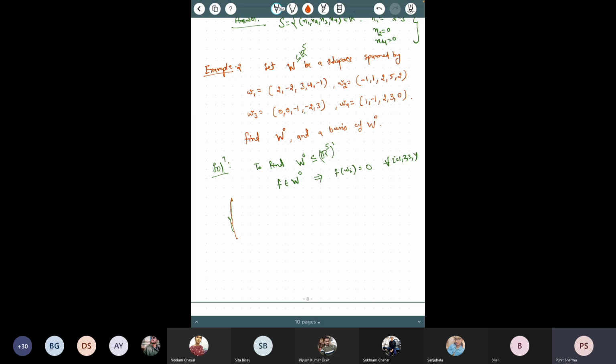So what we did was, suppose V is a vector space and the dimension of V is 5, then for every linear functional f in V dash, there exist some scalars a1, a2, a3, a4, a5 in F, or let's say the dimension is n, then in F^n, such that f of v is equal to the summation of ai vi, i equal to 1 to n, where these vi's are the basis. So you have to fix a basis also for this.